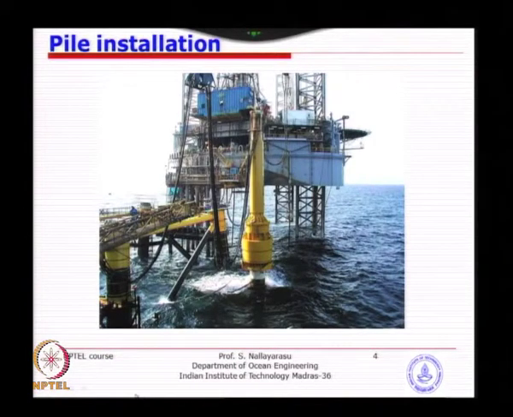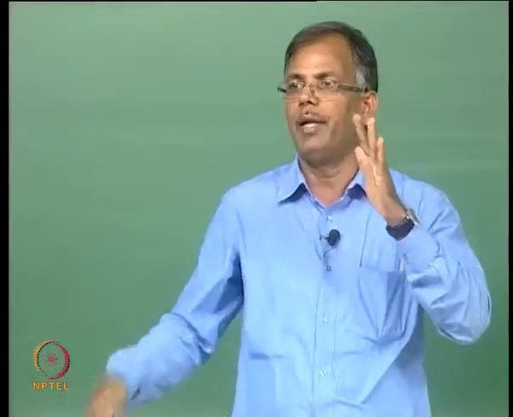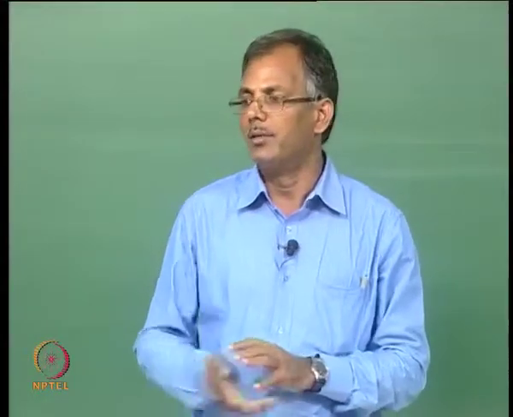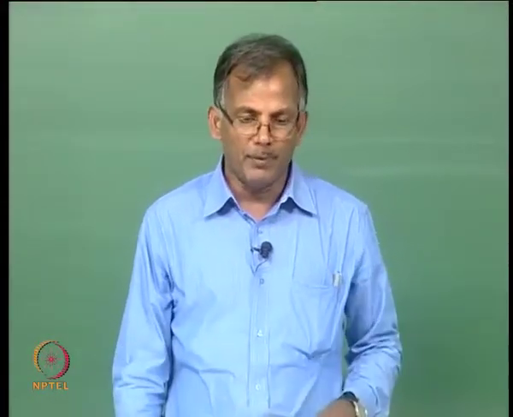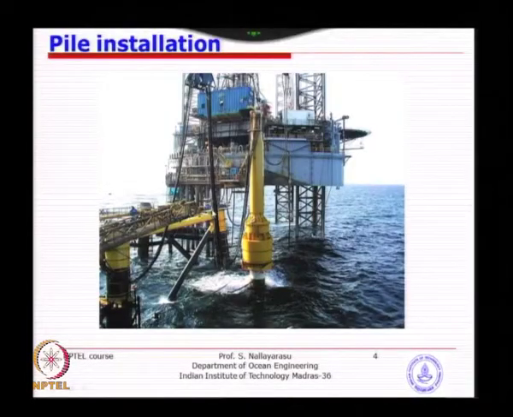This is basically one of the projects where a vertical skirt pile was installed. You can see here the jacket is very far from the pile itself, because when you look at a jacket batter, one in 8 or one in 7, the skirt pile will be located reasonably away from the top of the jacket, somewhere here. You can see here it is almost 10 meters. So that is why you cannot provide support for the vertical skirt pile.